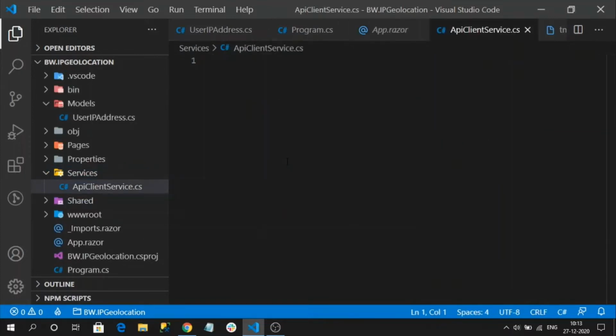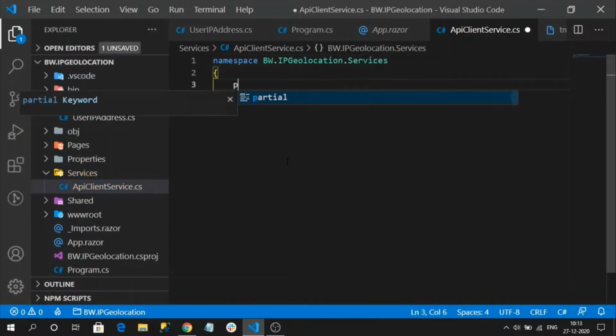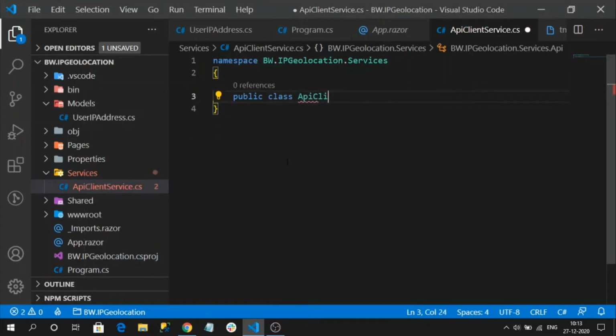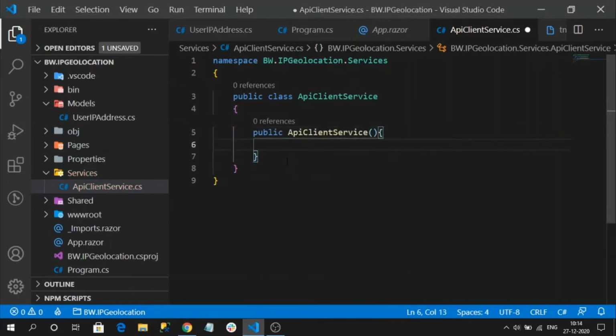In this service, I will implement all my external API call logic. So here, to get the HTTP client object, we need to inject the HTTP client factory.